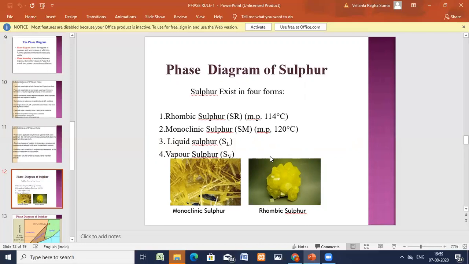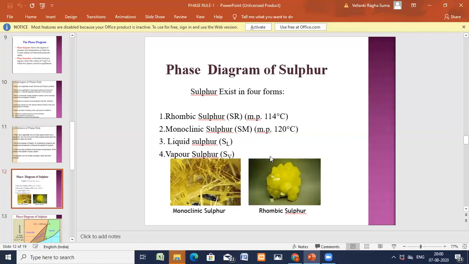So in the water system, we have got different variants. For the bivariant system, we have seen the curves and the areas. Like that, different systems you will be getting. Even at the triple point, you'll be getting one type of variant. So at the triple point, the system is invariant, F is 0. For the areas, it is bivariant. In the water system, the areas are bivariant, the triple point is invariant, and for the curves, it is monovariant.